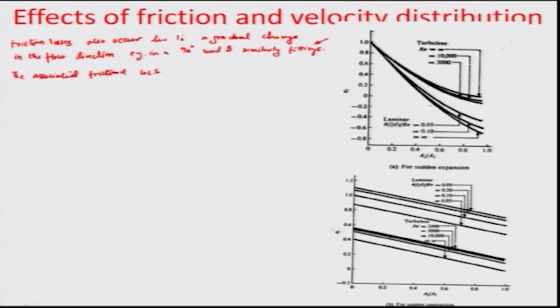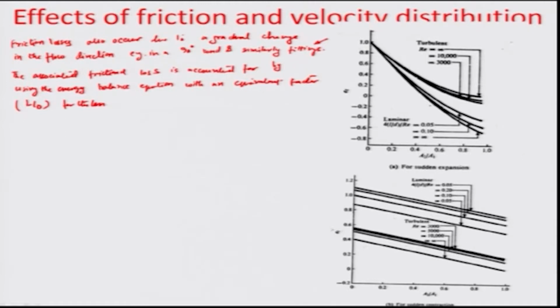is accounted for by using again the energy balance equation, Bernoulli's equation, with an equivalent factor L by D for the bend. The frictional loss per unit mass